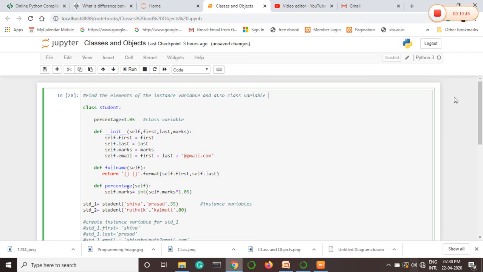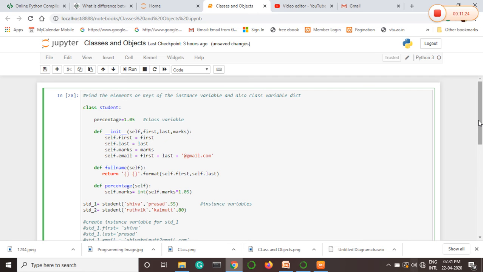In order to find the elements, or we can say the keys, of instance variables and class variables, what do we have to do? In order to do that, we use a particular function which is called dict. Dict is a function which helps us to identify the different elements which are present in the class variable as well as in the instance variables. For the same program, I will show you how to access the dict function.